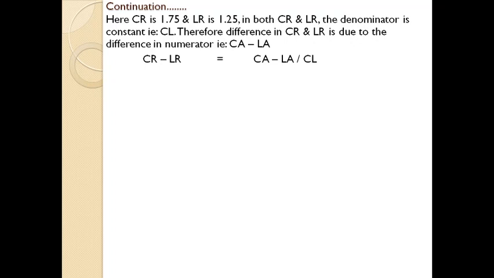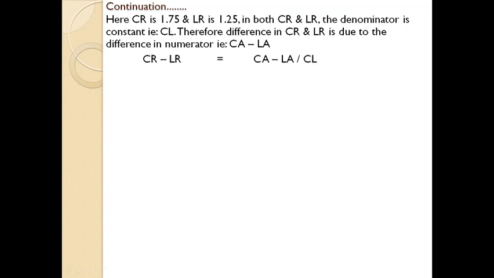It's just an assumption. On the basis of the given data, we assume that since the current ratio and liquid ratio are almost similar, the only difference is on the basis of stock. Let's assume when the liquid ratio is deducted from the current ratio, the result will be current assets minus liquid assets divided by current liability, because we know the current ratio is current assets divided by current liability, and the liquid ratio is liquid assets divided by current liability. Since the denominator is the same, we can write: current assets minus liquid assets, whole divided by current liability. I hope you are following it.